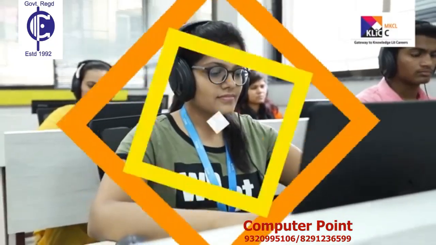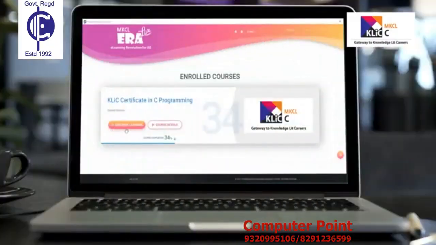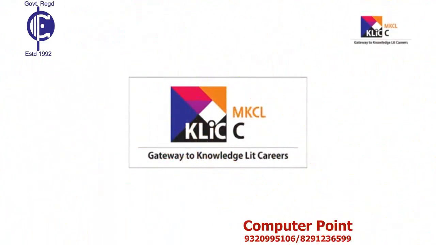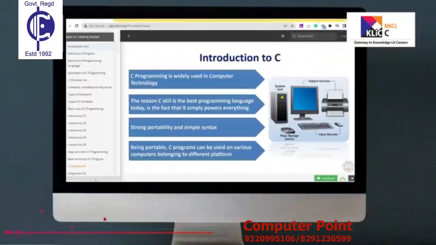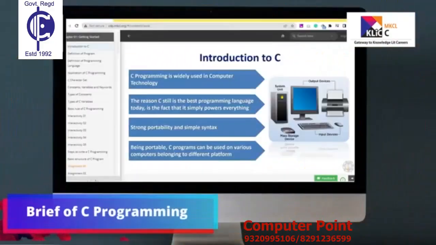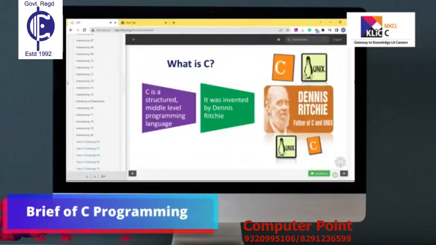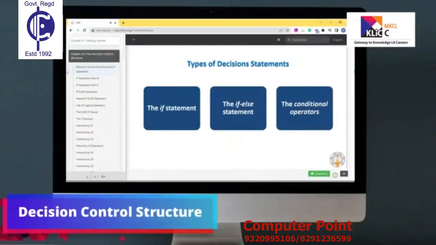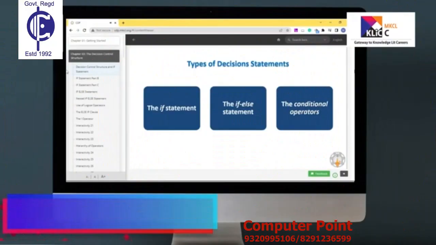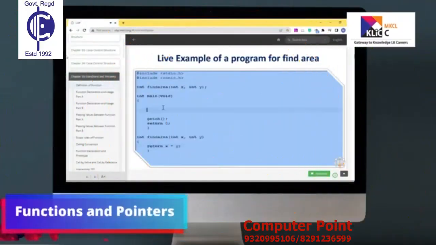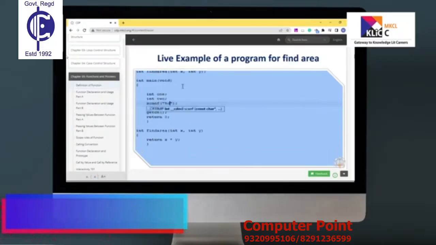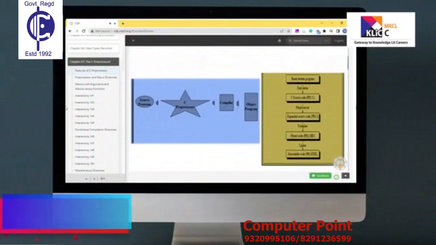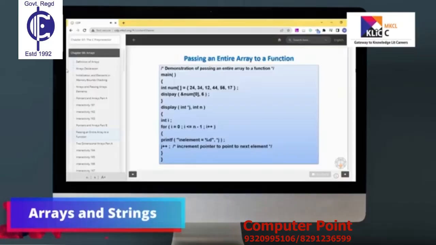You will learn this course on MKCL's e-learning and self-learning platform called ERA. In this course, you will learn about a brief introduction to C programming language, the decision control structure, functions and pointers, C preprocessor, arrays and strings,